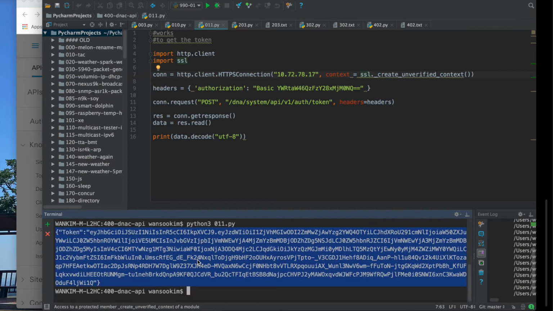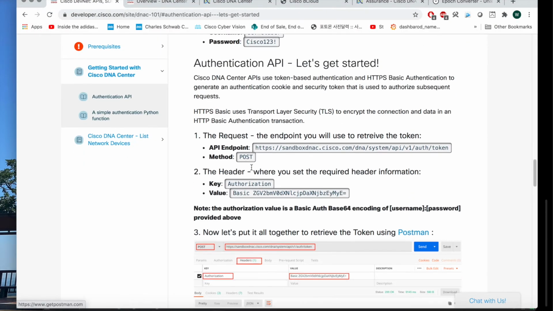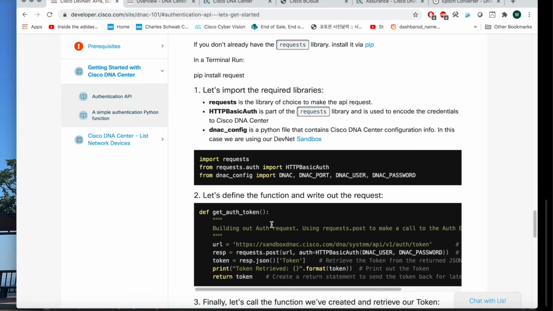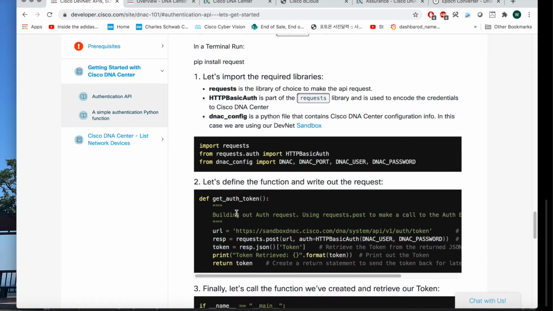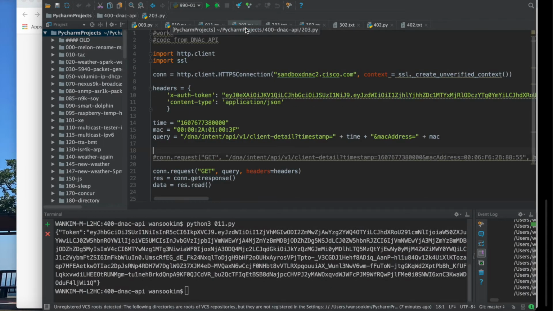It works. So I can get a token. But actually, this page shows very easy and simple code for me. So usually I use this one. But no problem, it's almost the same. Anyway,